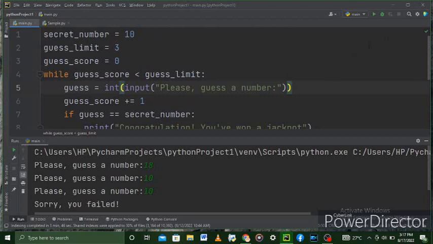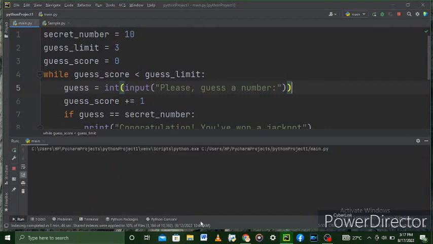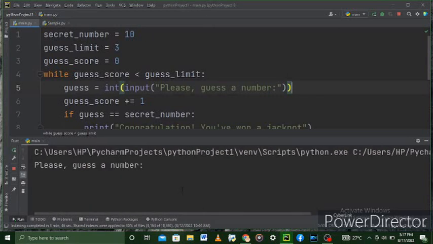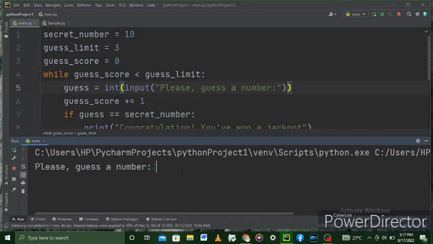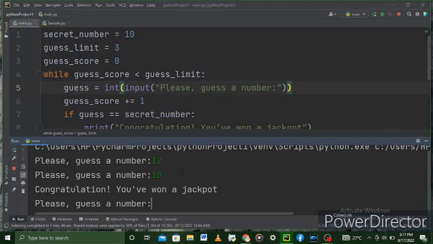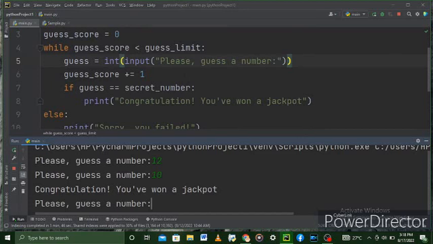Okay, so let's run that again. There's a number, we guess 12, and then we guess the right one now. Oh, you can see, congratulations, you've won a jackpot. Guess a number. You can see the question came up again that we should guess another number even after telling us congratulations. Now what to do to solve that is, first of all, after your congratulatory message, you